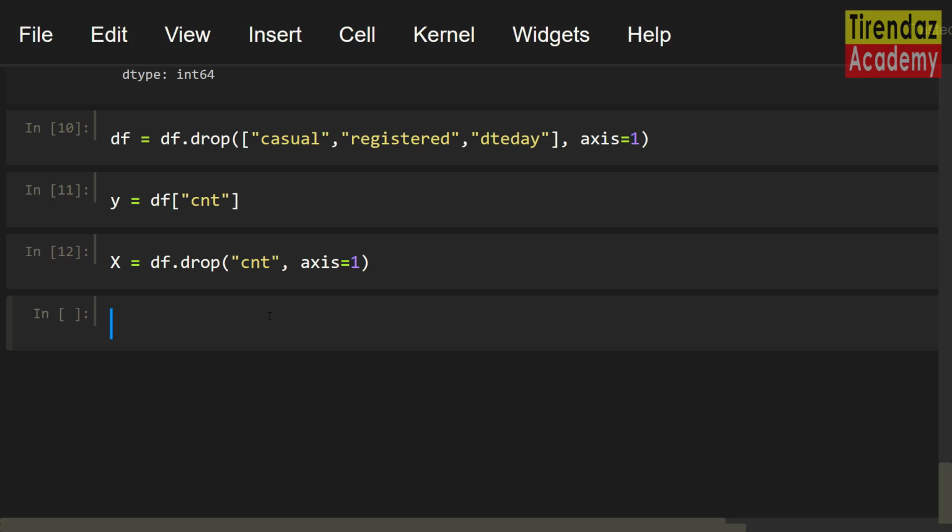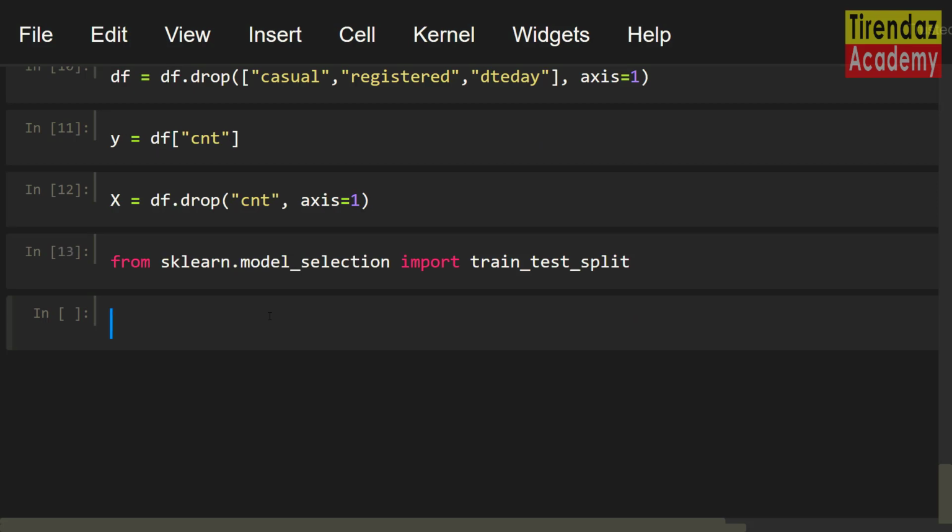Before building the model, we need to split the data into a training and test set. You use the training set for building the model and you use the test set for evaluating the model. Let's split our dataset with the train_test_split function in scikit-learn. First, let me import this function from sklearn.model_selection import train_test_split.